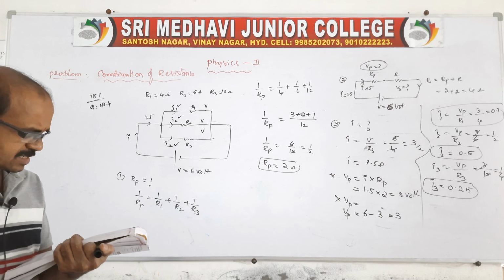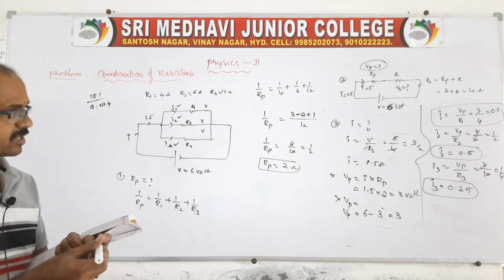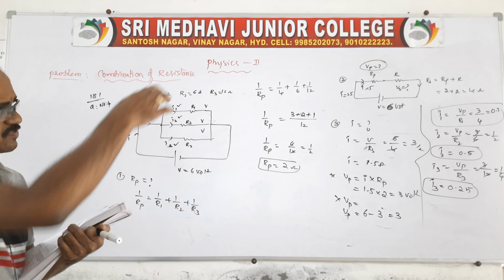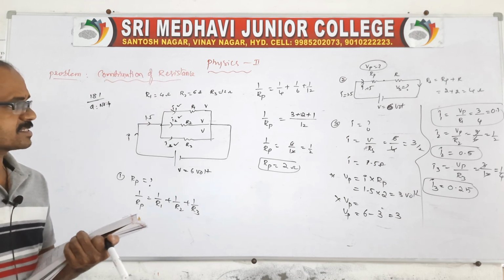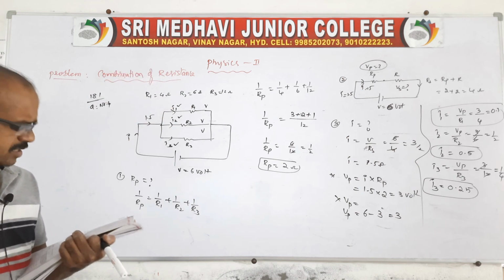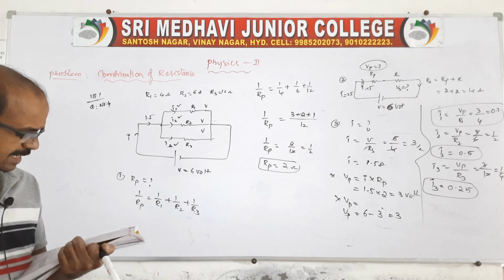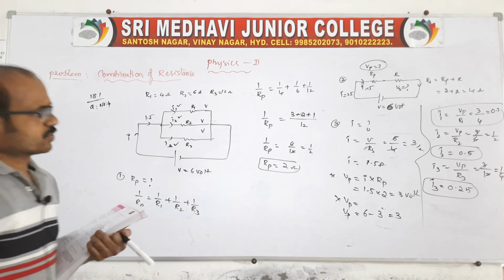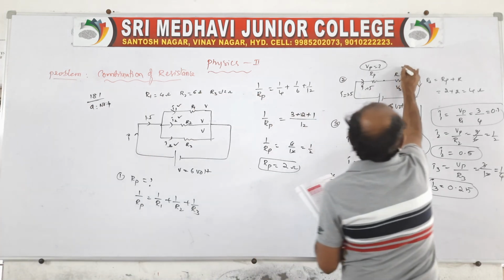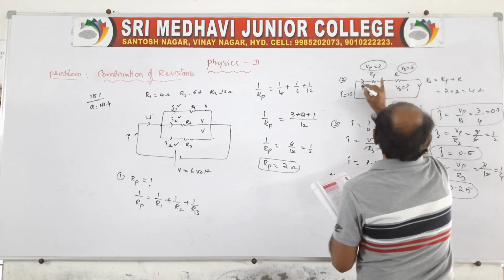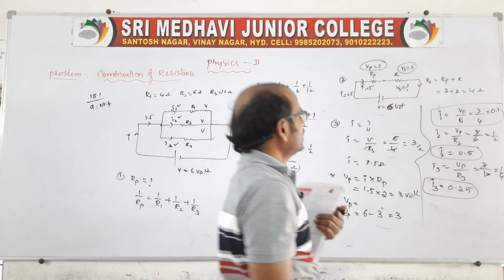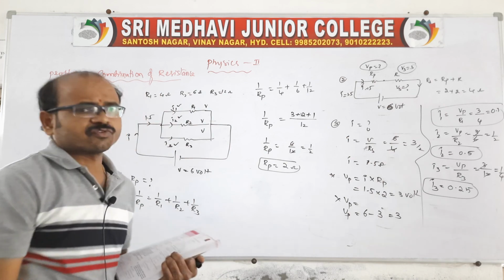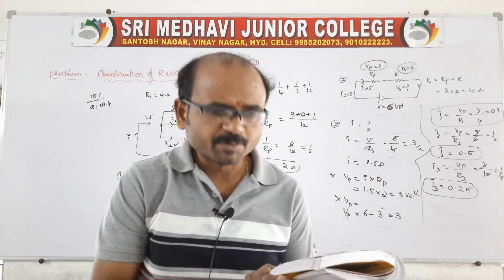Of course the power is also asked, but it is not required to get the power. Suppose you want to get the potential difference for the next one, the resistance in series: you take that resistance into the current 1.5, with 2 ohms only. Here also it is series, so we'll get Vs also as 3, because in a series combination the current entering is the same and the resistance is also the same, therefore we'll get the same for the series combination.